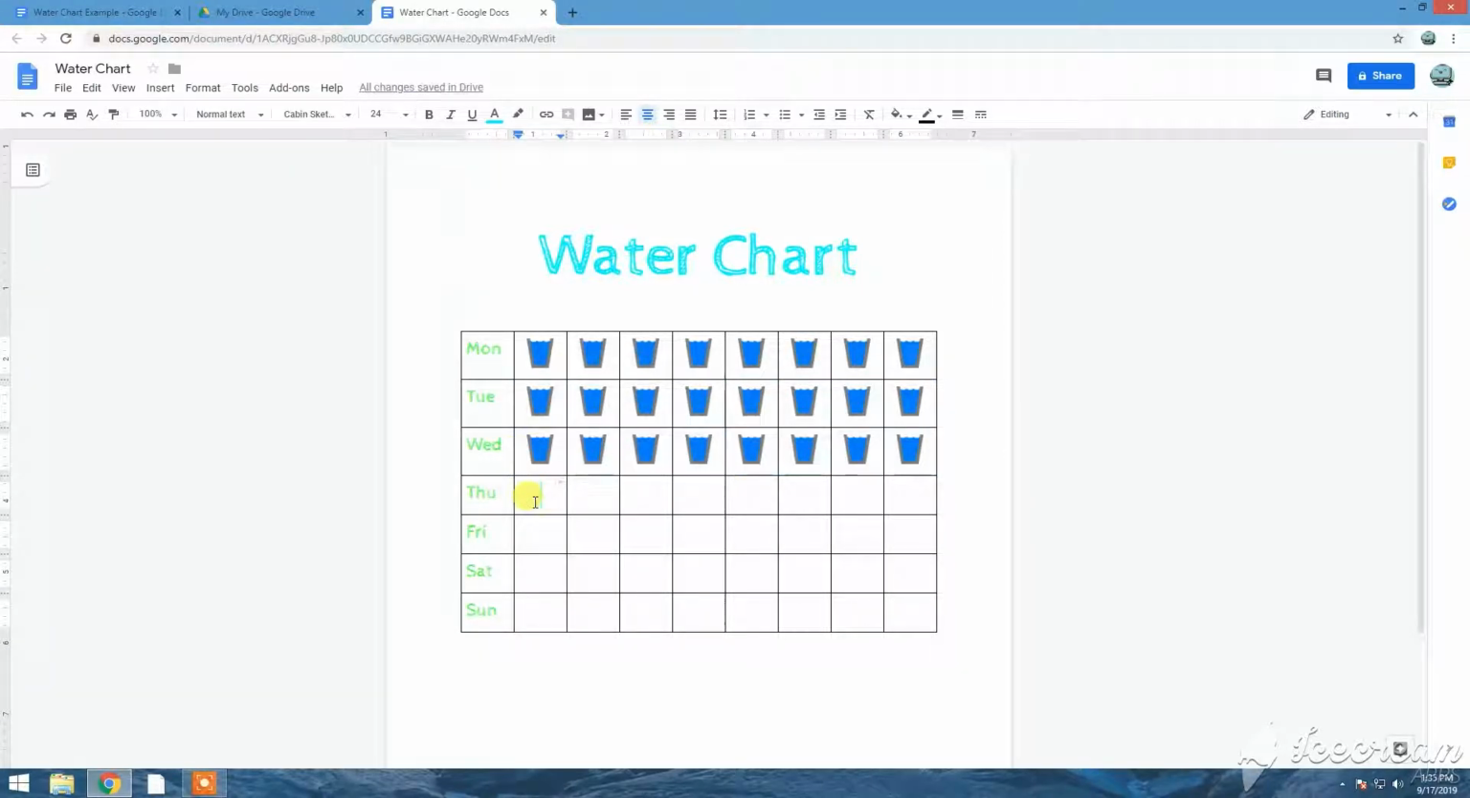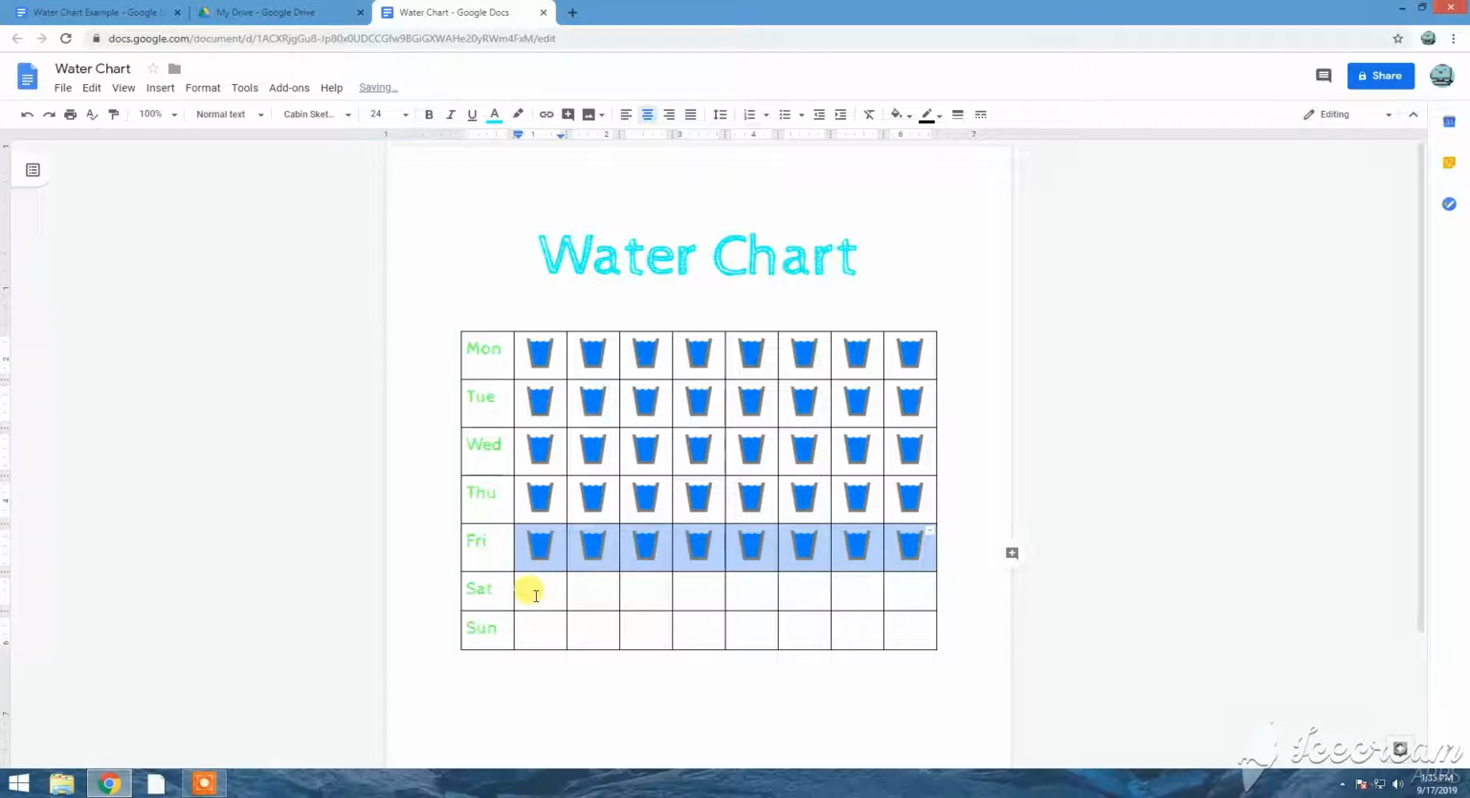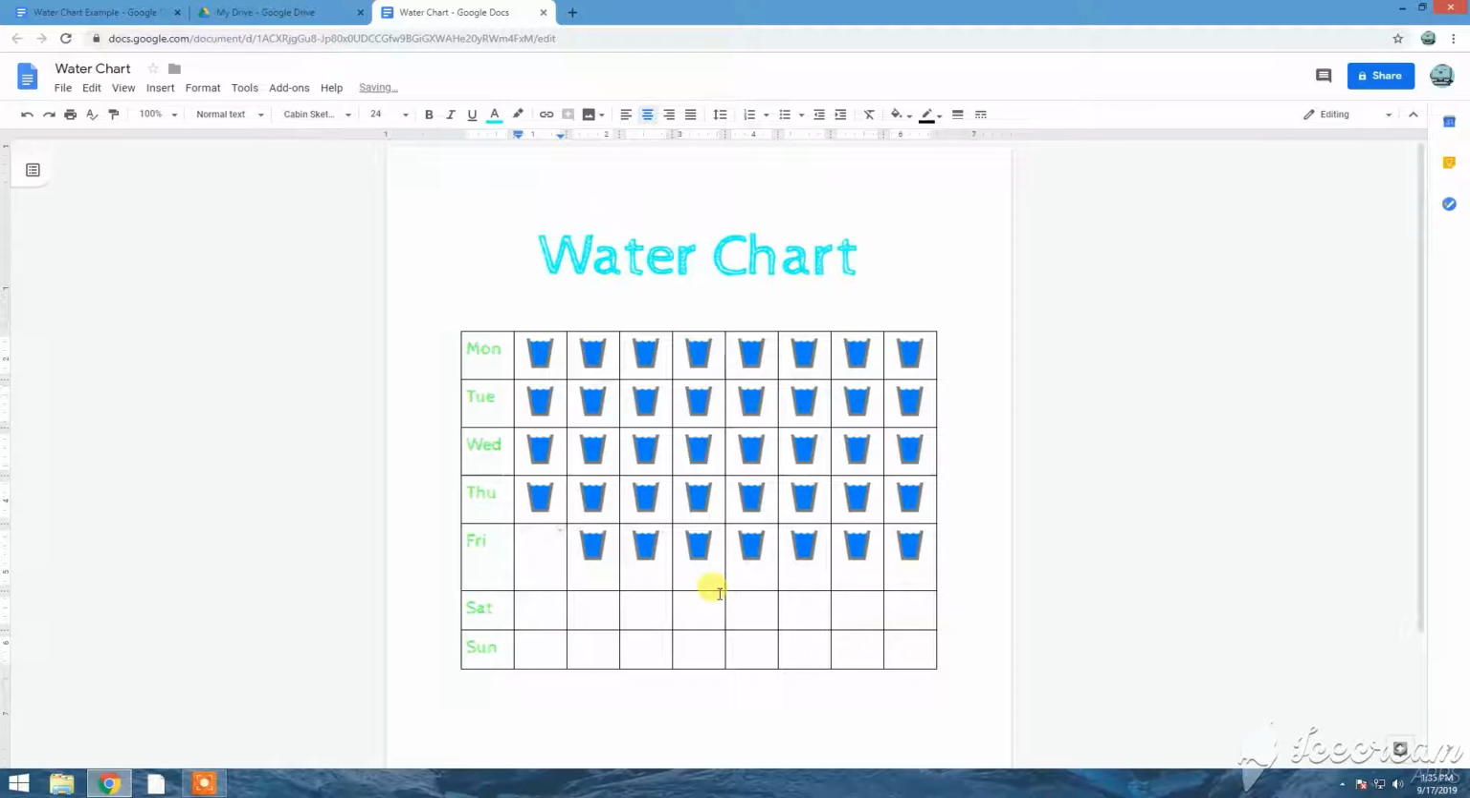Now I am using my mouse to click down onto the next line. If I didn't and I just hit enter, it ends up expanding the cell that I'm in. So instead, I'm going to